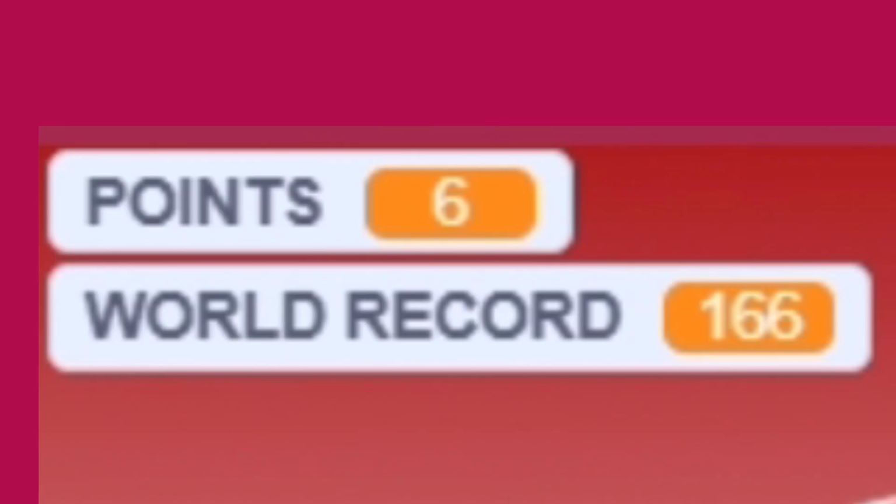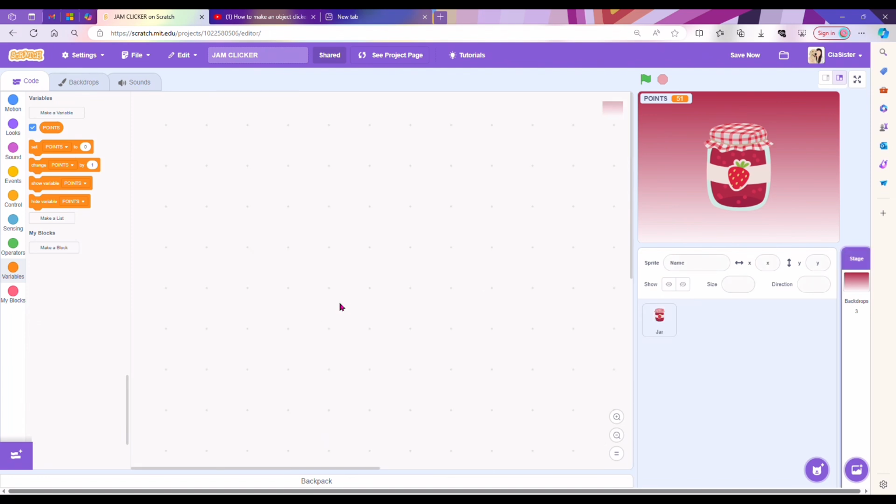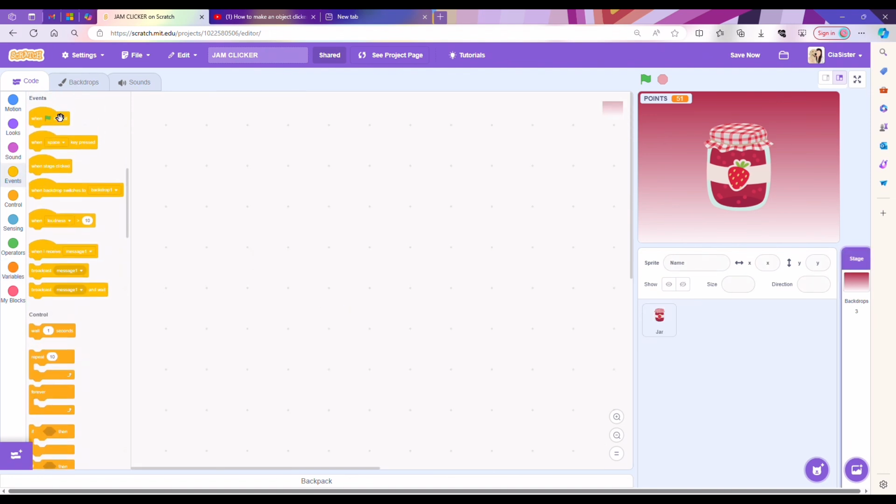Are you ready to make a world record and a world record by variable to keep track of our world record and who beat the world record? So let's get started. Before we start, let's click on the Backdrops tab, go to the Events category and grab